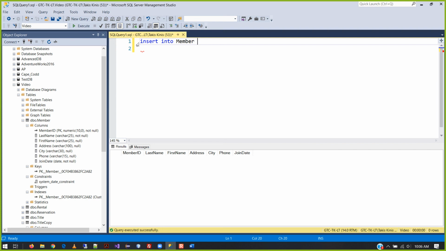Right. And what was the member ID number they were throwing at us? 123. So let's put that one in for sure. And then maybe like Smith, Jane, Elm Street, let's say Kenosha,